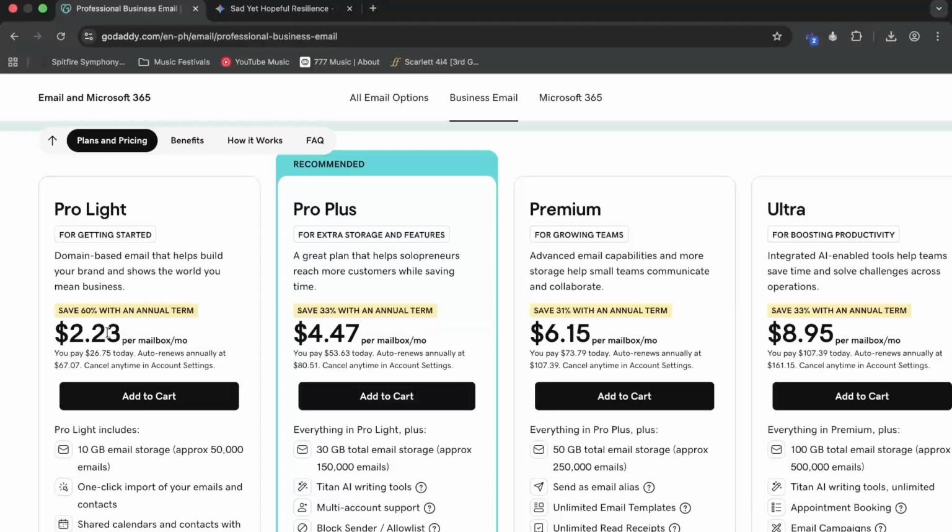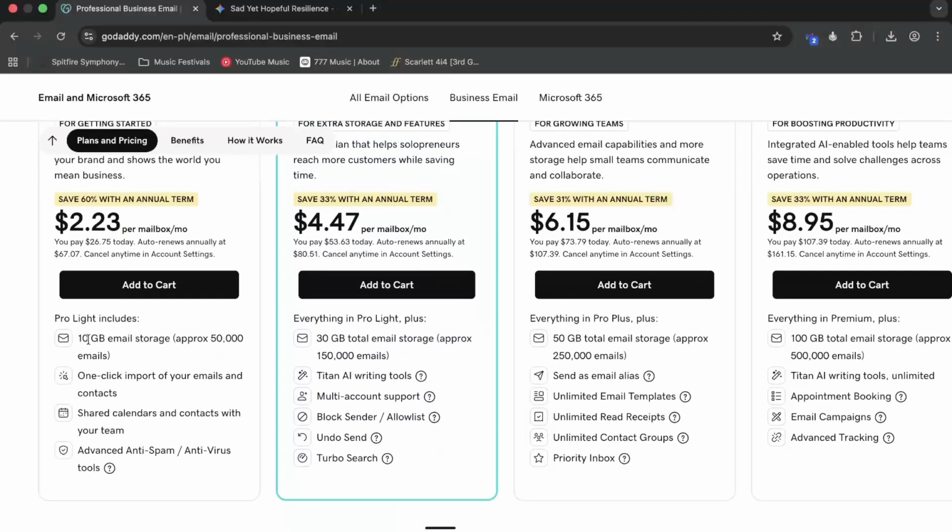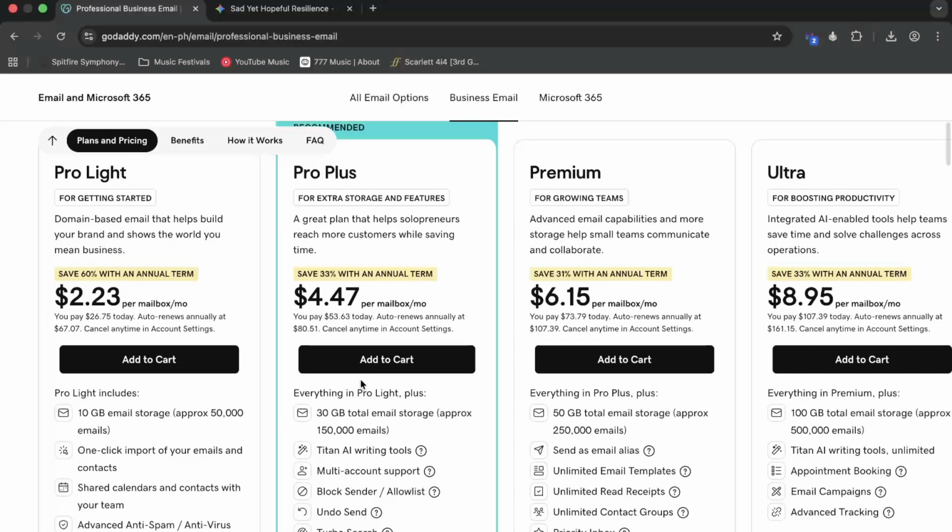So what you want to do is choose the one that best suits you. Basically, here the Pro Lite includes 10 GB email storage. This one comes with shared calendars, the one-click import of emails in context, and this one has anti-spam and antivirus. Now the more you pay, the more tools you get. But still, if you're just getting started, usually what I do is focus only on the Pro Plus plan, which comes with a really great element, the Titan AI writing tools, that can be really useful for